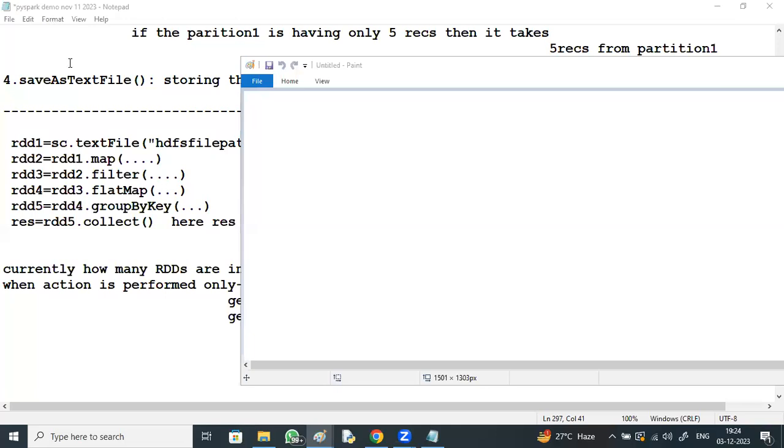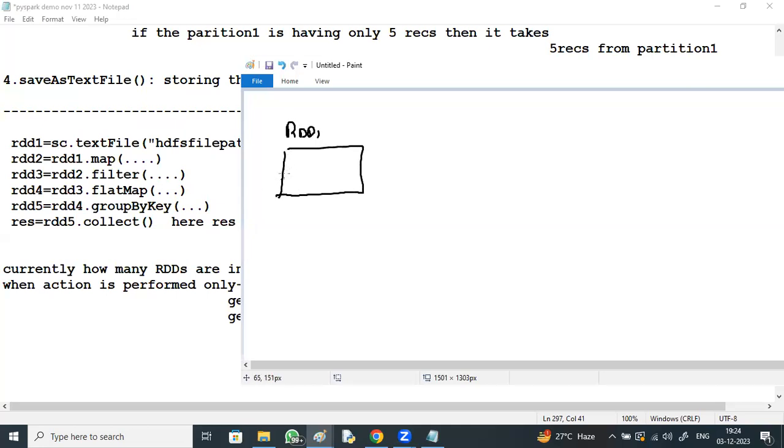When the RDDs are loaded into RAM, means once action is performed, one by one RDD. First, observe this RDD1. RDD1 is loaded into RAM.